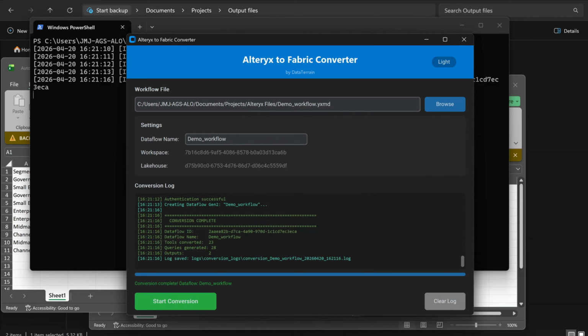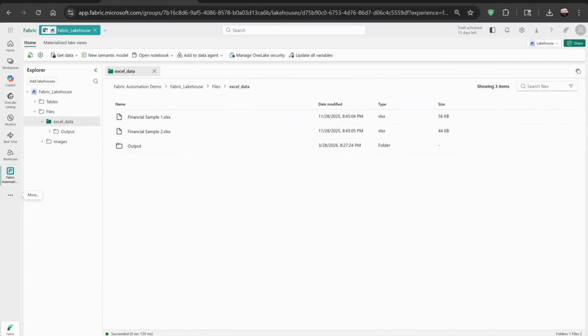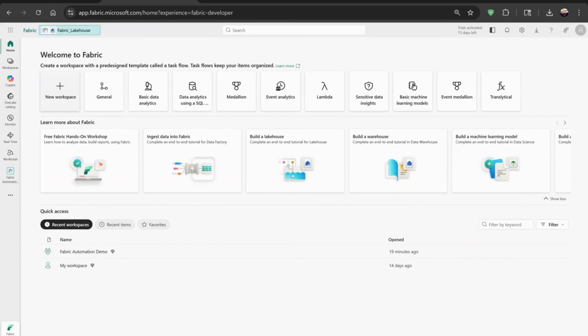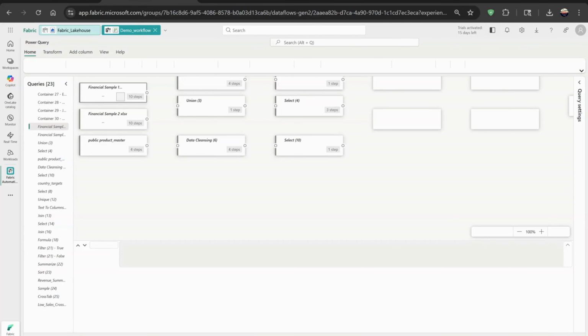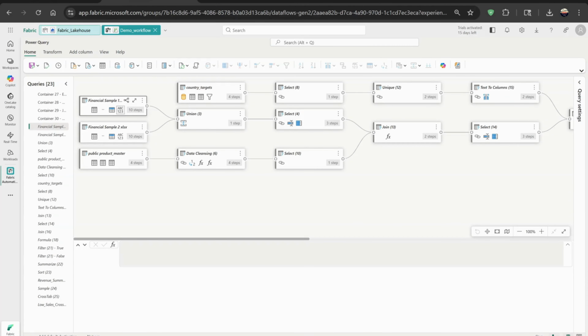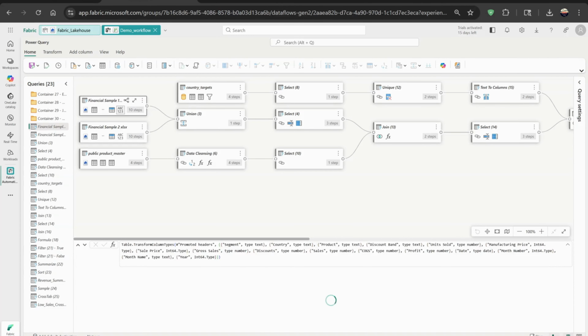Now you can also see our automation conversion tool creates a log file which helps the developer to improvise the tool in case there is any component of the Alteryx workflow that is not converted or partially converted or needs any manual intervention. So now let's open the Fabric environment to see the newly created Dataflow Gen2 workflow. So this is the demo workflow that is being created using our automation tool, and this is